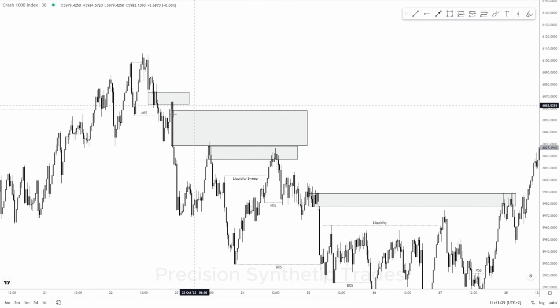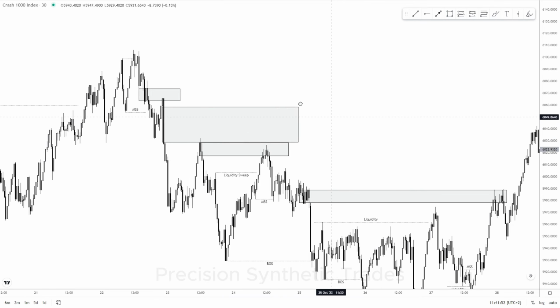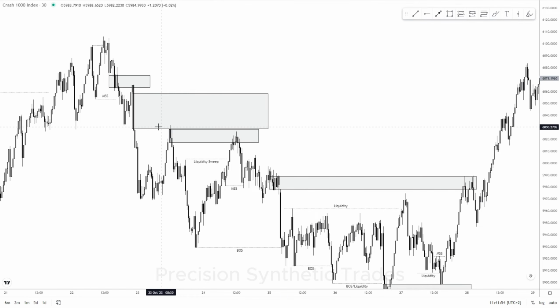What's left behind? A fair value gap. Fair value gap is left behind. Alright, price came down, went up again, entered the fair value gap, didn't give me an entry signal. Like again, you can enter from here and you can target these lows. It's a beautiful trade, but I will need more confirmation